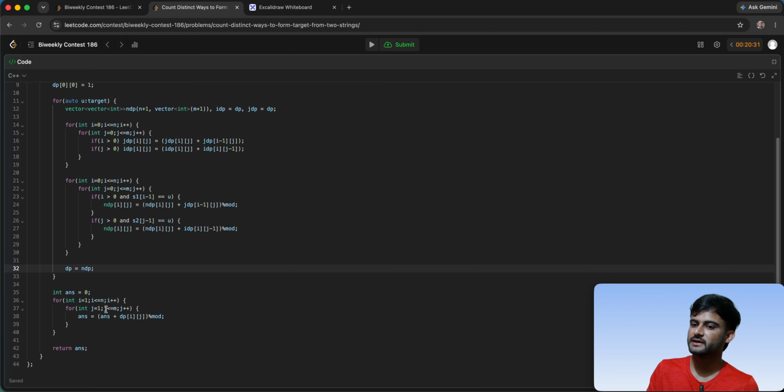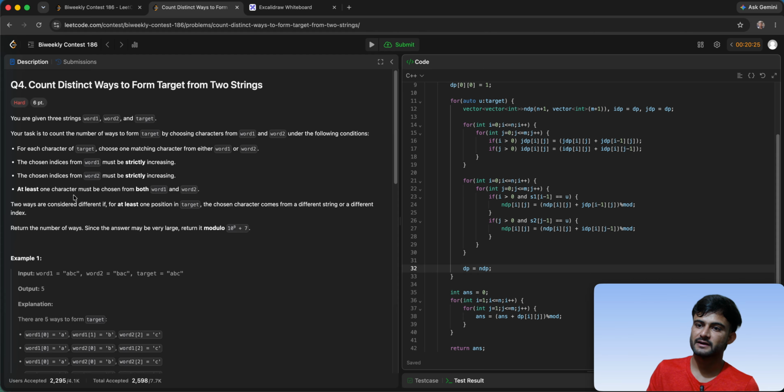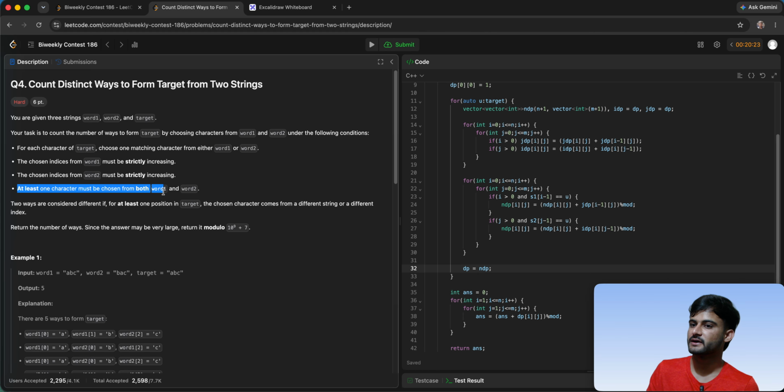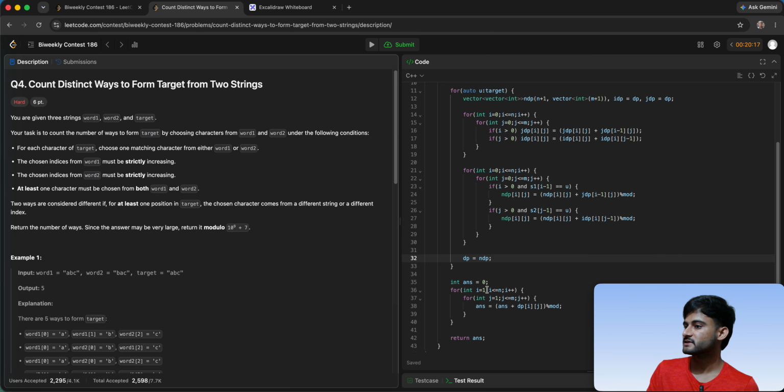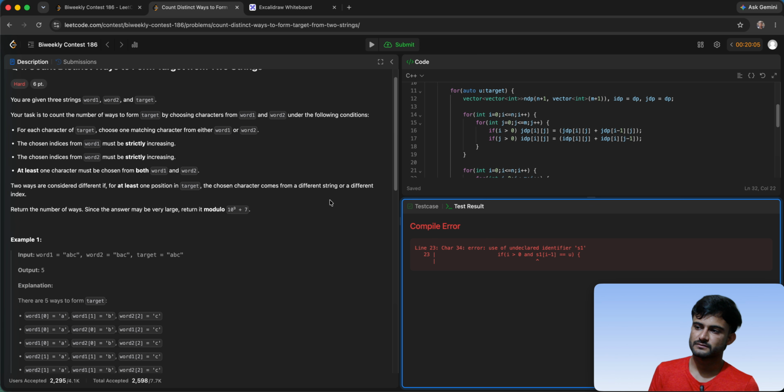इधर हमने 1 से क्यों स्टार्ट किया? हमने 0 से क्यों नहीं स्टार्ट किया? क्योंकि क्वेश्चन में दे रखा है कि हमें एटलीस्ट 1 एलिमेंट पिक करना है वर्ड 1 और वर्ड 2 से। तो हमारा लास्ट एलिमेंट 0 नहीं हो सकता, लास्ट इंडेक्स 0 नहीं हो सकता। 0 का मतलब है हमने कोई एलिमेंट पिक ही नहीं किया S1 में से। सो दैट्स वाई वी आर स्टार्टिंग फ्रॉम 1। लेट्स रन इट।